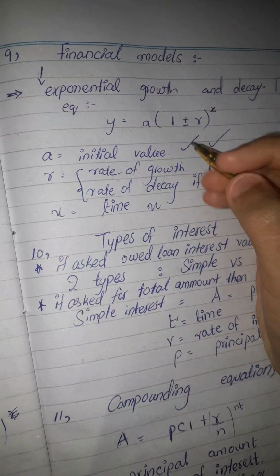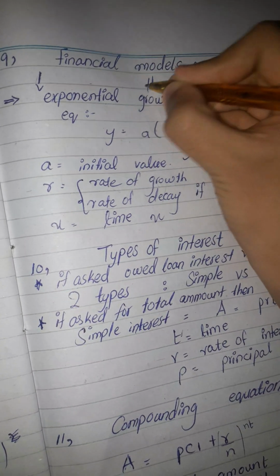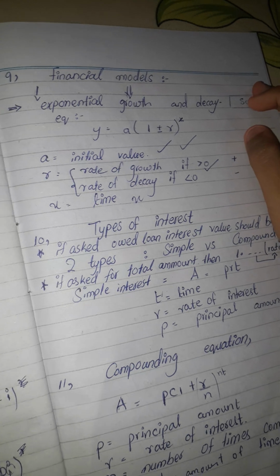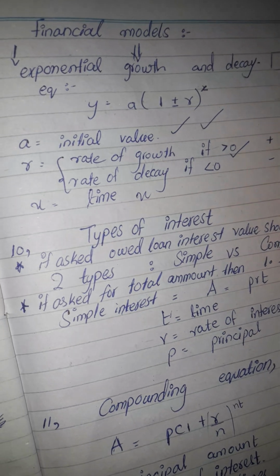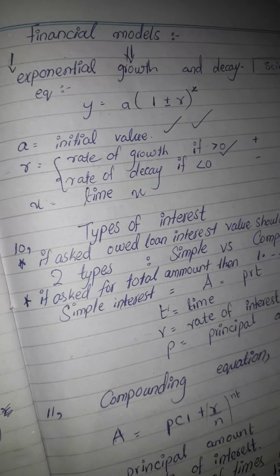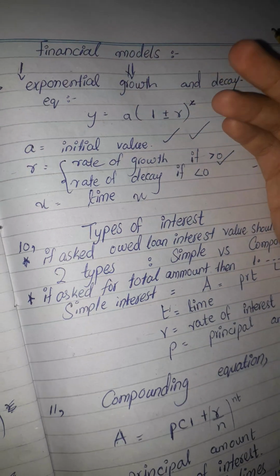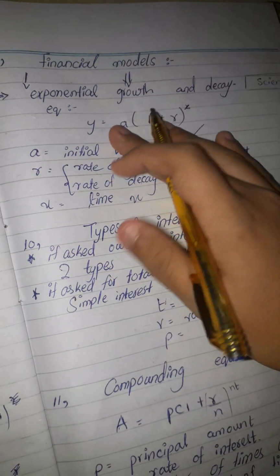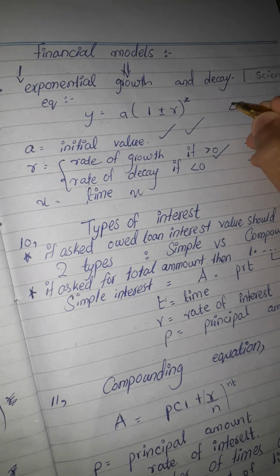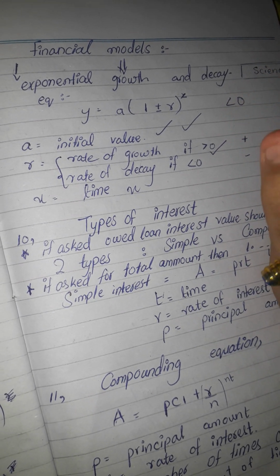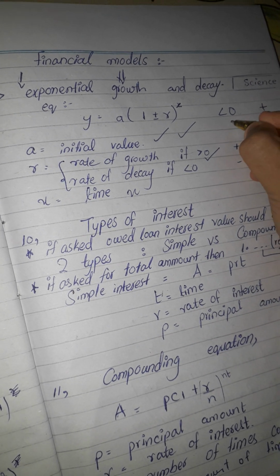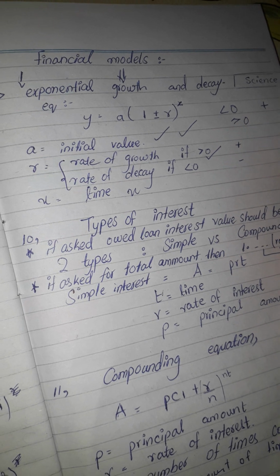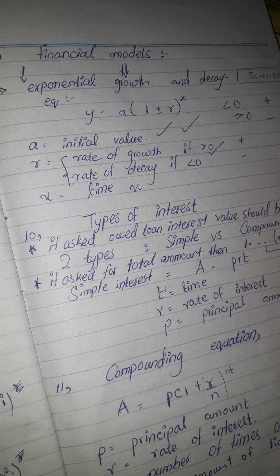Afterwards, let's move forward upon our next topic, that is financial models. Now, what is a financial model? A financial model is exponential growth or a decay in any trade, in any growth, in any graph, and statistical base that is going to cover a growth part and a decay part. If the rate of growth is greater than 0, then it will be positive. Meanwhile, if it is less than 0, then it will be negative. That's how simple it is.